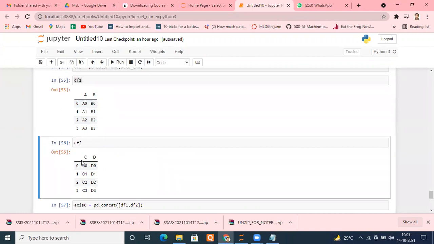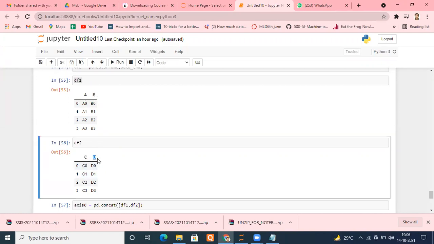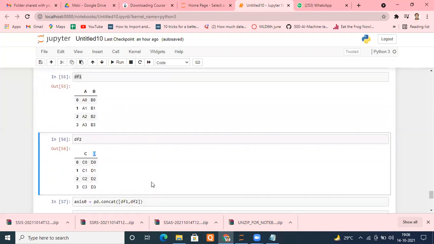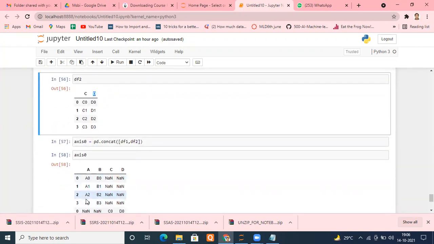Suppose this is name and this is gender. So is it fine to put your gender's values below the name? No. It understands properly. This is a different parameter. So I cannot put them there. So it will create new columns here, C and D. Okay. So once the columns are created, A, B, C, D, it will put the values corresponding to A and B beneath that. Perfectly fine.